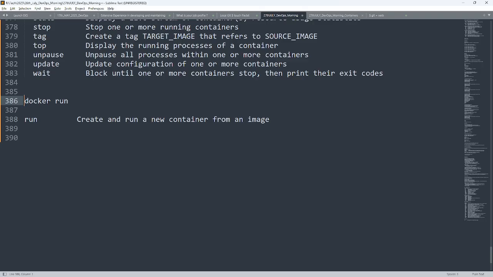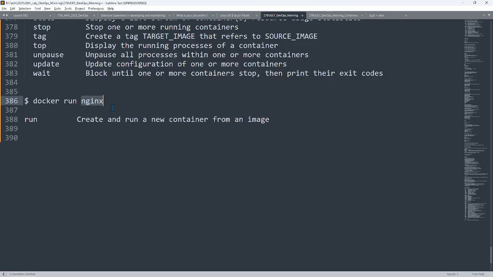So the command is docker run plus some image. For example, I'm giving this as an image, say nginx. What is nginx? It's a web server. Nginx has so many other roles, like load balancer, ingress, a lot of things nginx does, but for us we can use it as a web server. So this is docker run nginx, where nginx is an image.